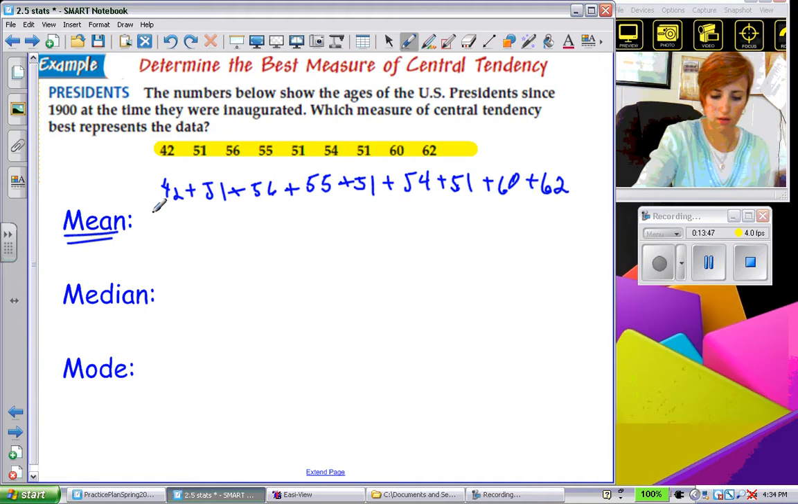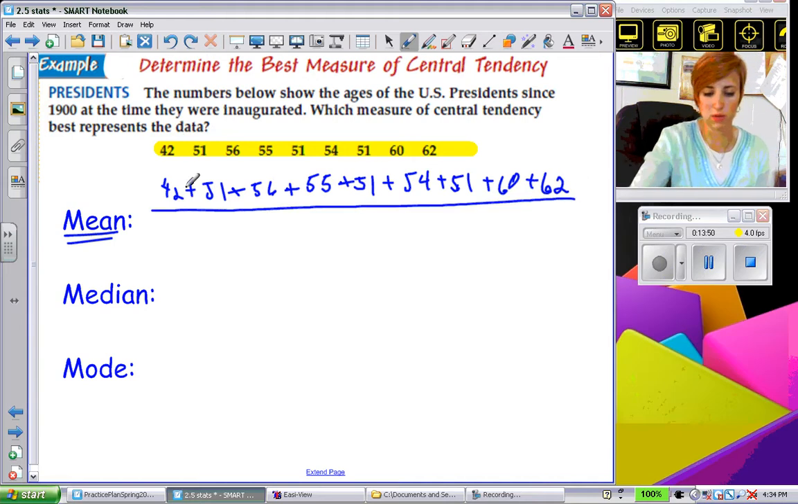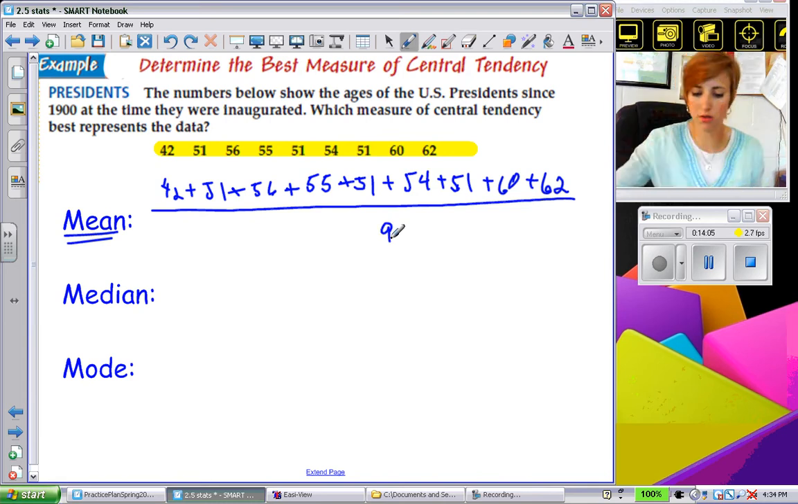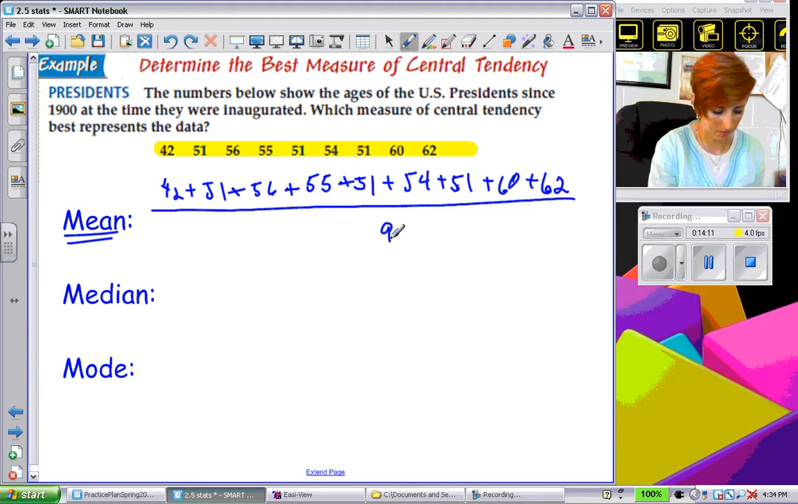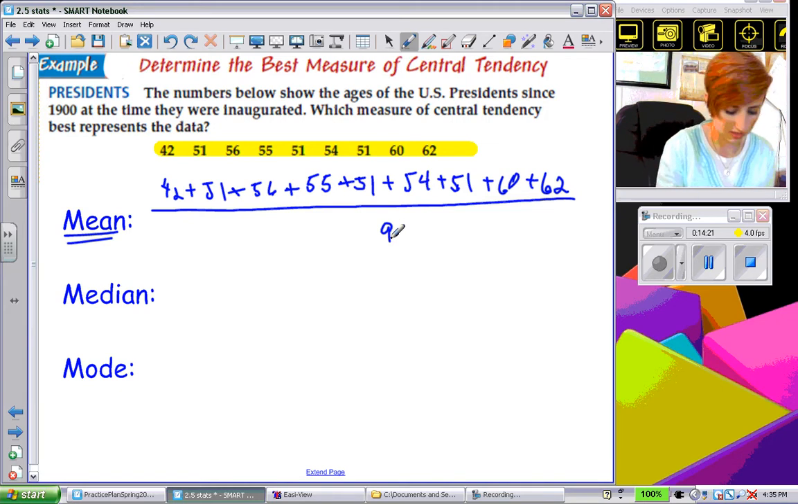Alright, and then we're going to have to divide the whole thing by how many numbers we have up there. And we have 1, 2, 3, 4, 5, 6, 7, 8, 9. Yep, double check ourselves. So, next all you need to do is add up all those numbers on top. So 42 plus 51 plus 56 plus 55 plus 51 plus 54 plus 51 plus 60 plus 62 gives us